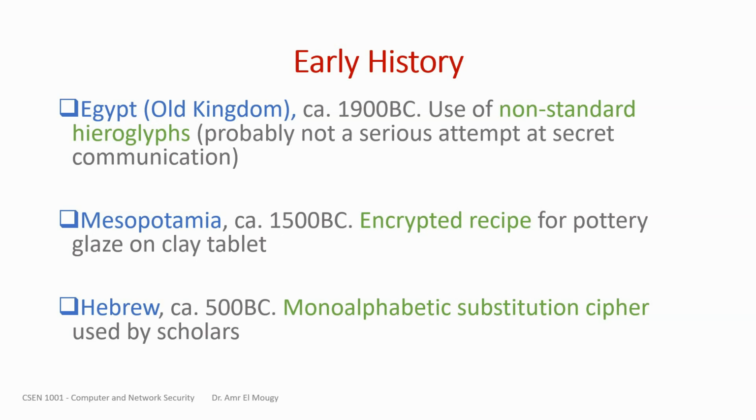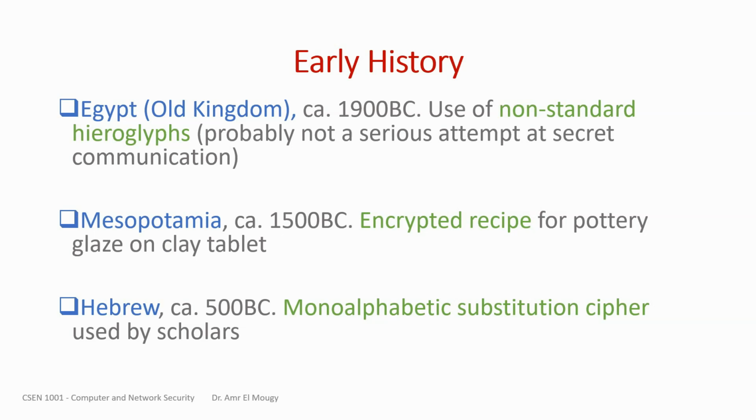Okay. In 1500 BC in Mesopotamia, you find actually encrypted recipes for pottery glaze. And this is evidence that when people started to realize that there are pieces of information or data that have commercial value, like a recipe for a pottery glaze, it is worth keeping this data confidential or secret from your competitors. And so they started coming up with symbols or things like that to keep these recipes secret. Starting from 500 BC, we find a little bit more complicated ciphers or encryption algorithms, such as the